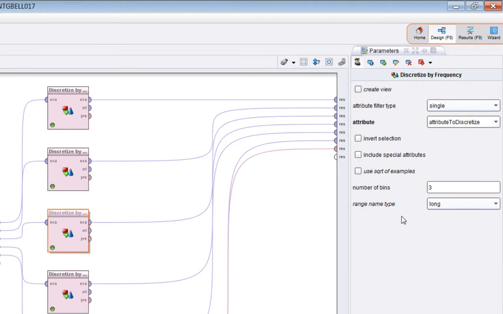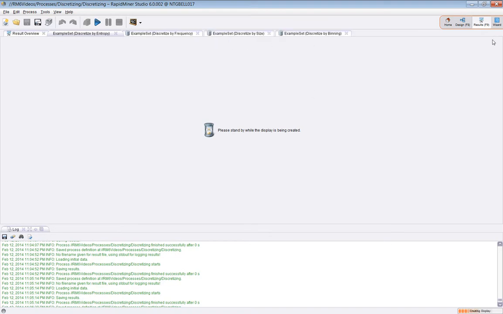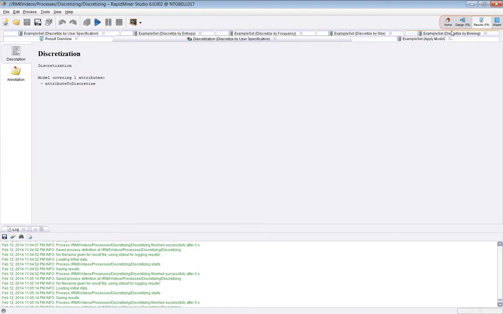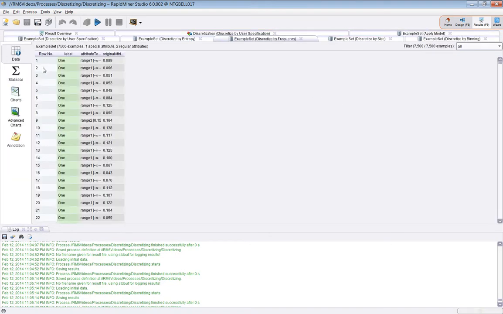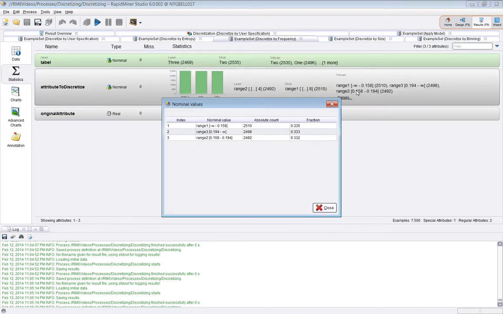This is similar to the previous one, discretized by size, except in this case we know how many bins we want, and we want them to be of equal size. So we can say we want 3 bins. So if we run that, we are expecting an approximately equal number in each. So again, if we look at the results, so again